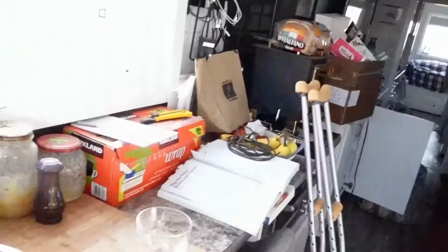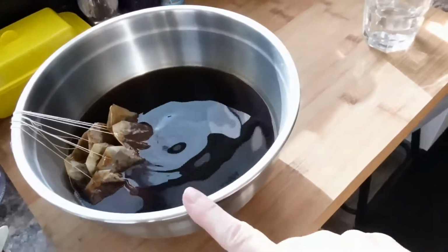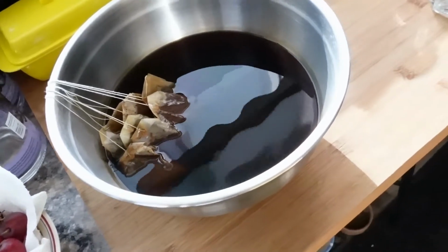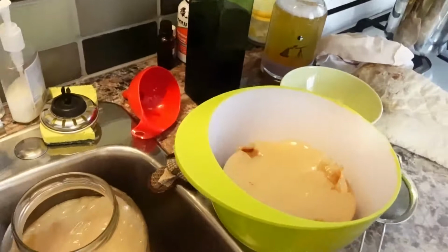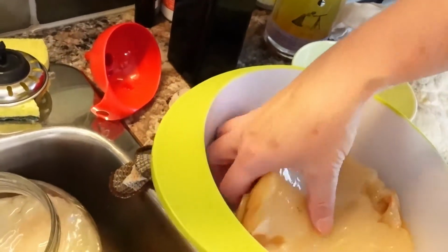I have to get around to making my kombucha today because it is 2 or 3 weeks overdue. So basically it becomes vinegar. So what I'm going to do today, I've got my first batch of tea bags steeping to make the 1 jug, and what I'm gonna do, look at this Scobie, like it is out of